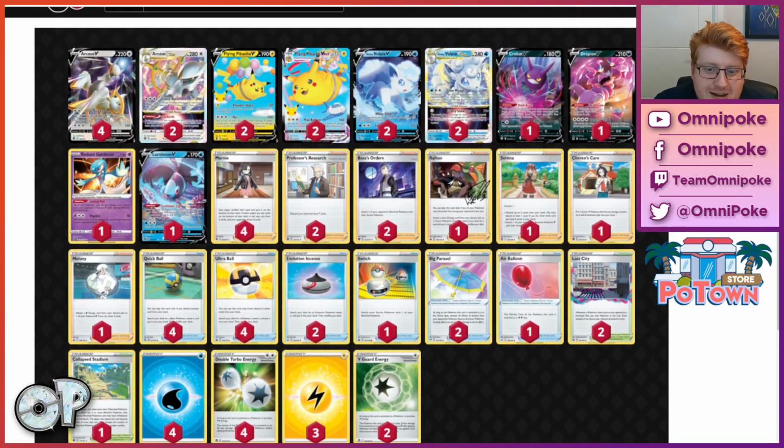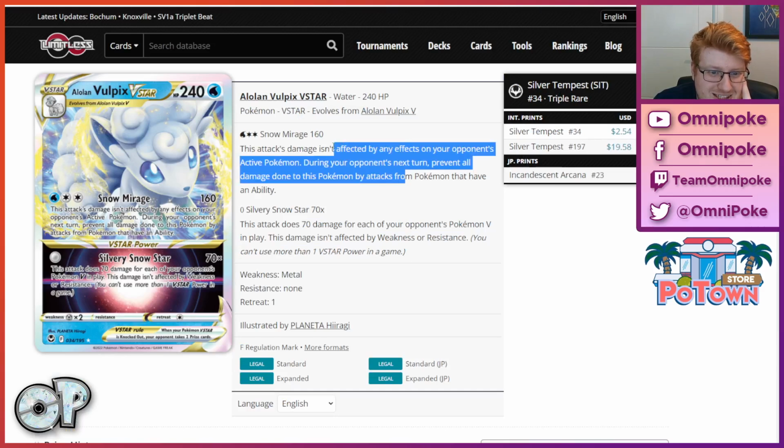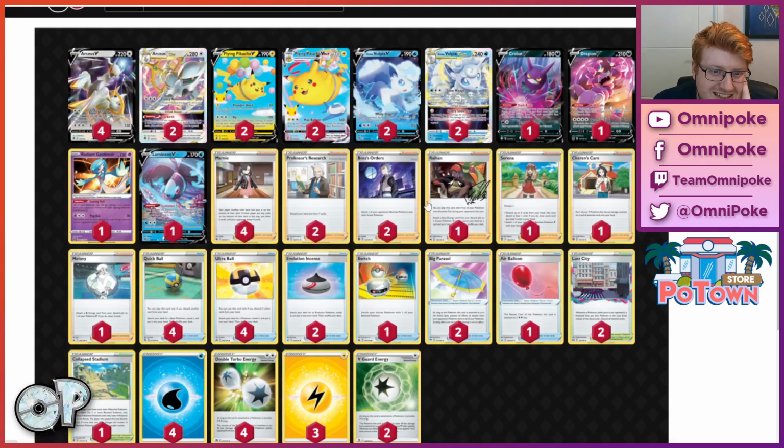Hello. Glad you stayed around to see this, huh? Well, Drapion and Silvery Snow Star is a very effective way at beating Mew, and Snow Mirage is still sometimes annoying for some decks, like Goodra, I suppose. And Goodra would be a difficult matchup for this Arc Flying Peak otherwise, so...